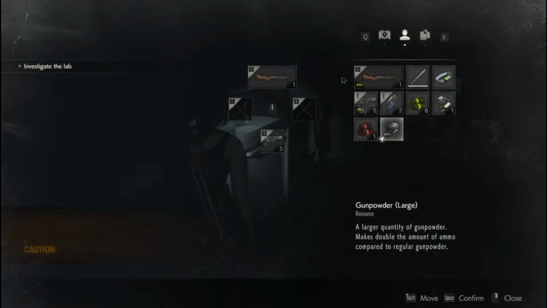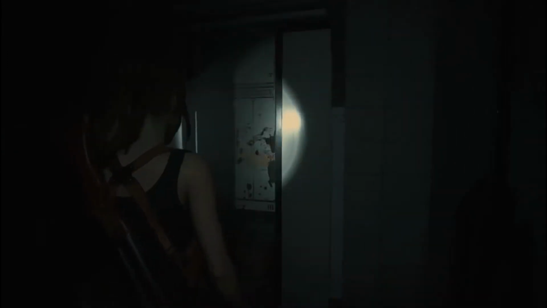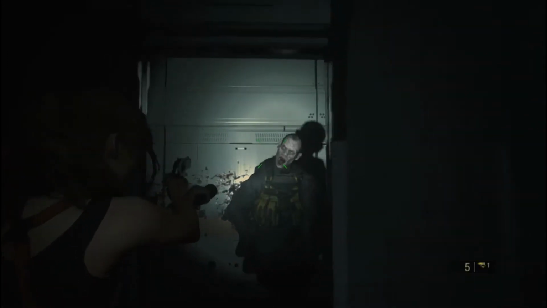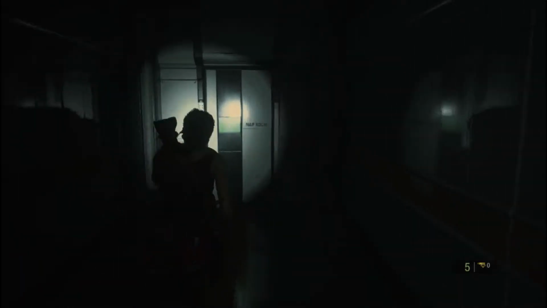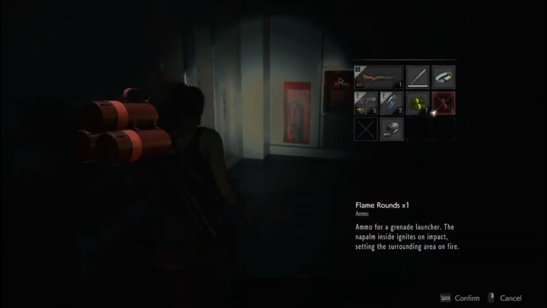And then I go to grab the knife, but then I realize, okay, I ain't got no space. Switching to the one flame round, so that I have a little bit of inventory space. Then going in here, I pop this guy in the dome. So that's my last spare magnum round. And then I see where the needle cartridges are. Grabbing the extra flame round, so...